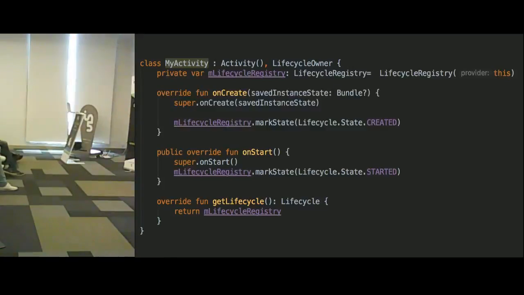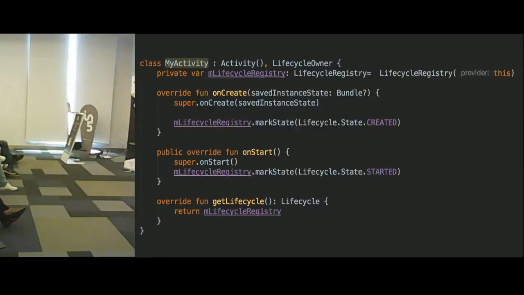Let's keep going. We said AppCompatActivity and Fragment classes themselves implement lifecycle owner interfaces for us. But what if we don't want to use AppCompatActivity? We want our activity to be a lifecycle owner, and we don't want to extend AppCompatActivity. One possible solution is to extend the LifecycleActivity class. The other solution is to implement the LifecycleOwner interface yourself. And that is how we are going to do it.